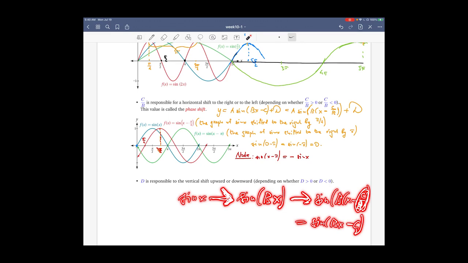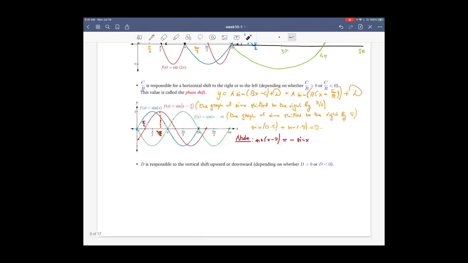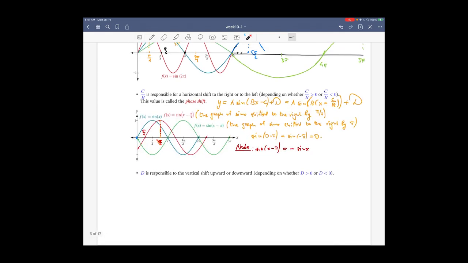That is much better than doing things the opposite way. Because if you first shift horizontally and then stretch or compress, you will also be compressing or stretching the shift, which is not very convenient. All right, and now